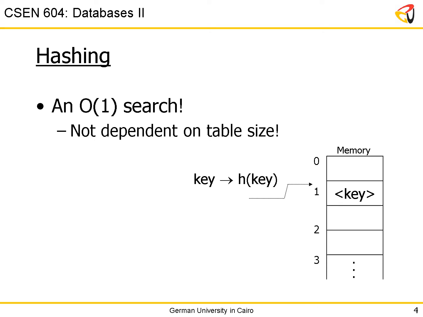I get one by one the values, and I will pass each one of those values to the hashing function, consider it as my key, and it will tell me, okay, this will go to this array cell, that will go to another array cell, and so on. So I can pretty much treat the values inside a column as a series of keys that I'm trying to store, and inside each one of those array cells, I will put the key and a pointer to where the